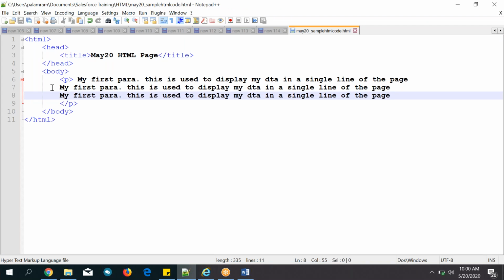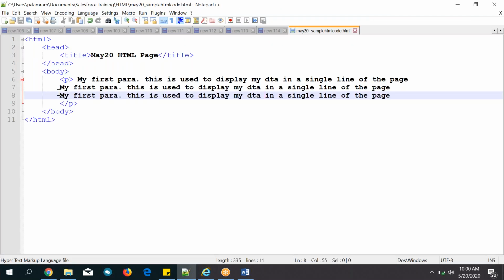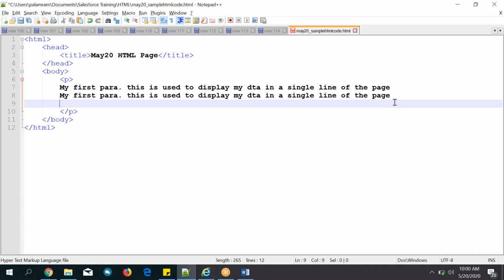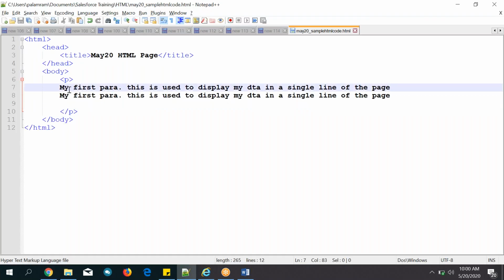Now the requirement is, I want to display these statements in 3 lines. How to display? First remove this one. So the first 2 lines, right? You can see, I want to display this in a single line and this in a single line. So what you can do is use a paragraph.